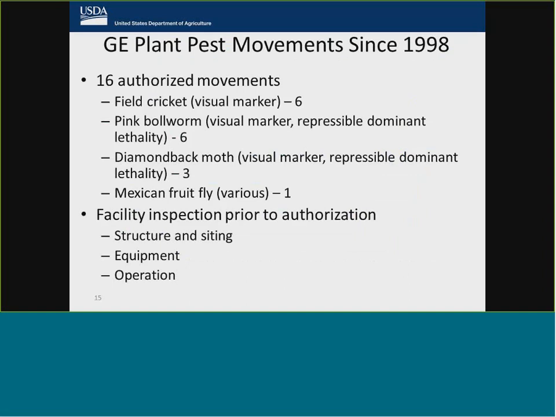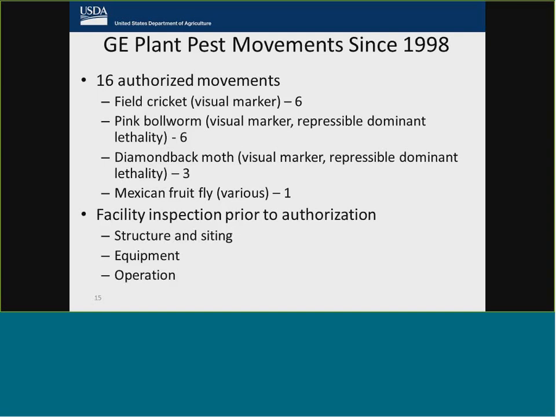For plant pest insects, we've had a much lower volume, the kind of thing you can almost count on two hands. We've had 16 authorized plant pest insect movements. I should say, this should say GE insect plant pests. We do have many movements of microbes and so on, but on the insects, we've had 16 authorized movements: field cricket, pink bollworm, diamondback moth, and Mexican fruit fly.